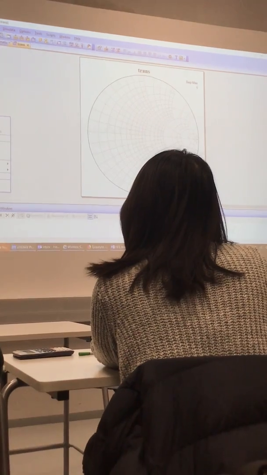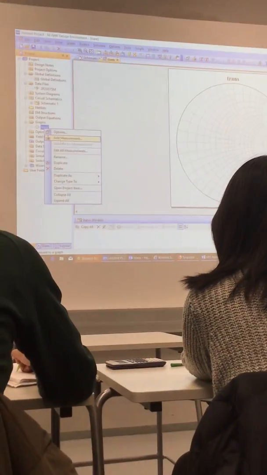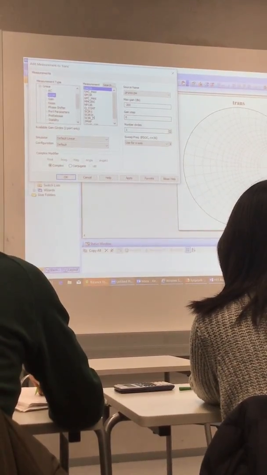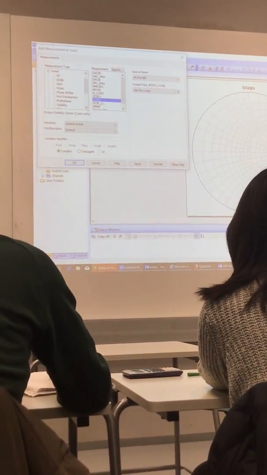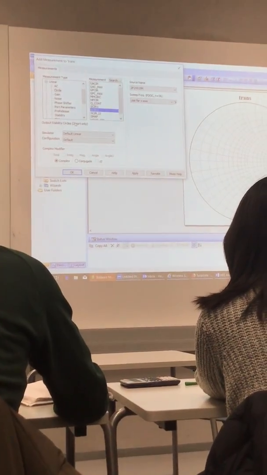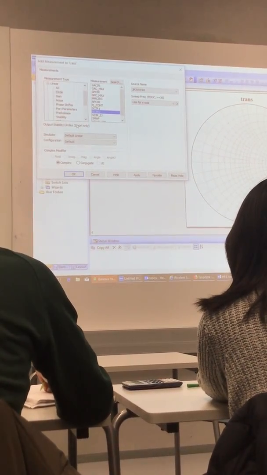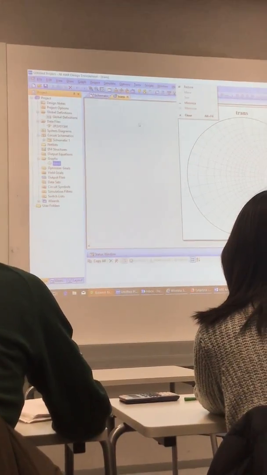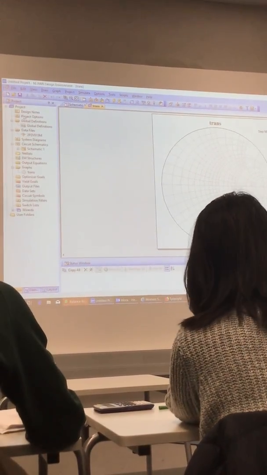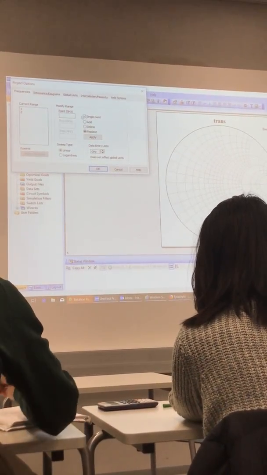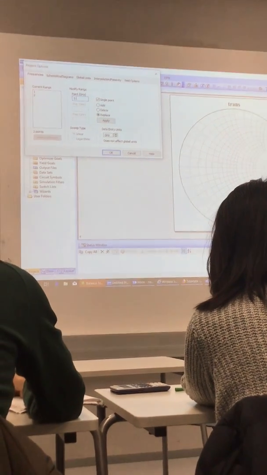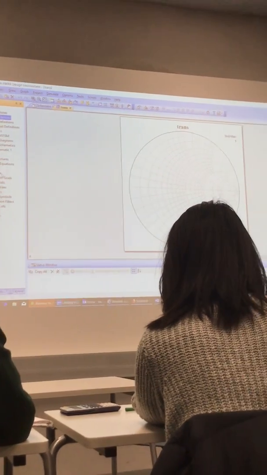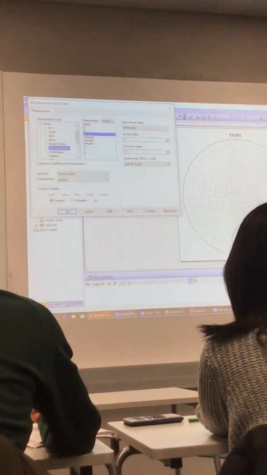Now I'll add the output stability circle. Now it's critical. It should be the output. Add measurement circle. SCIR2 is the, by the way, I've forgotten to change the frequency. Sorry, I'll just do this later. But project options, because I will do this at 3.5 gigahertz. 3.5 gigahertz. Apply. Okay. Then I'll add the measurement that is S